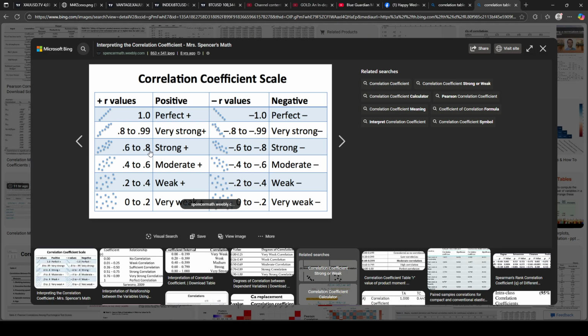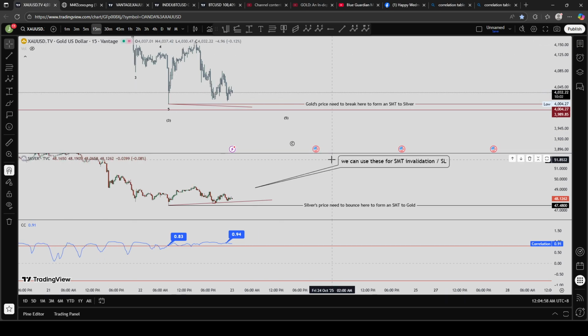That confluence could be the point of control of a volume profile, for example, or an implied fair value gap that was found within that point of interest of mine. I can also use the Malaysian SNR, or simple supply and demand, or support and resistance. So that's the third part of my explanation for today.